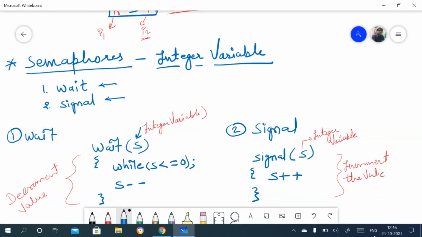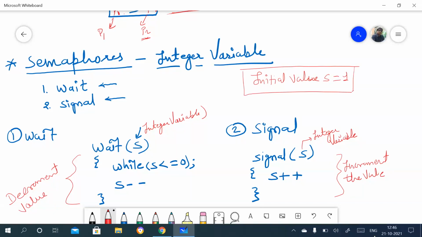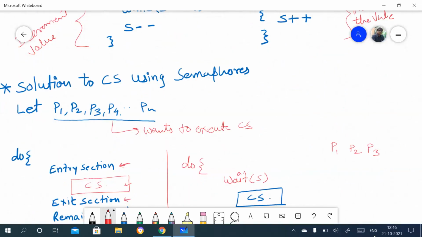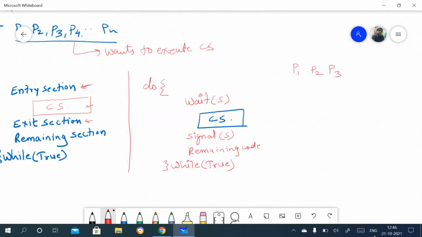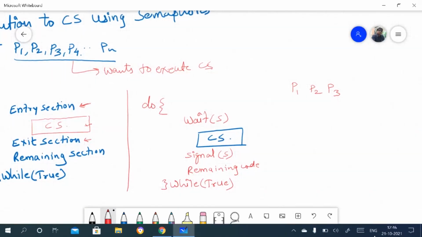So here the initial value of S is 1. You just keep that in your mind, right? Now here we'll see when any process can enter into this critical section. So when the value of S becomes 0, then and only then can that process enter into the critical section.